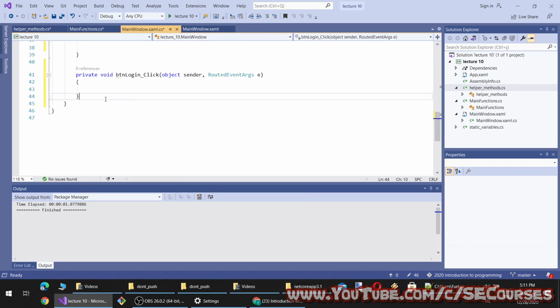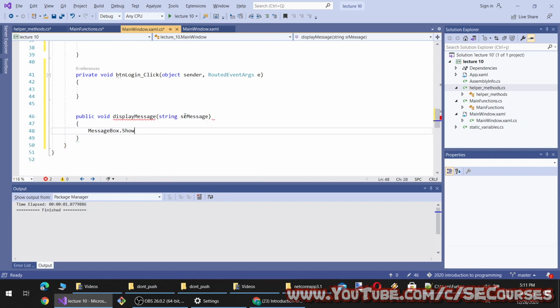Probably we can't, therefore I am going to write here another method, display message, and by the way, this will be public. It takes a string as our message, and message box show as our message.